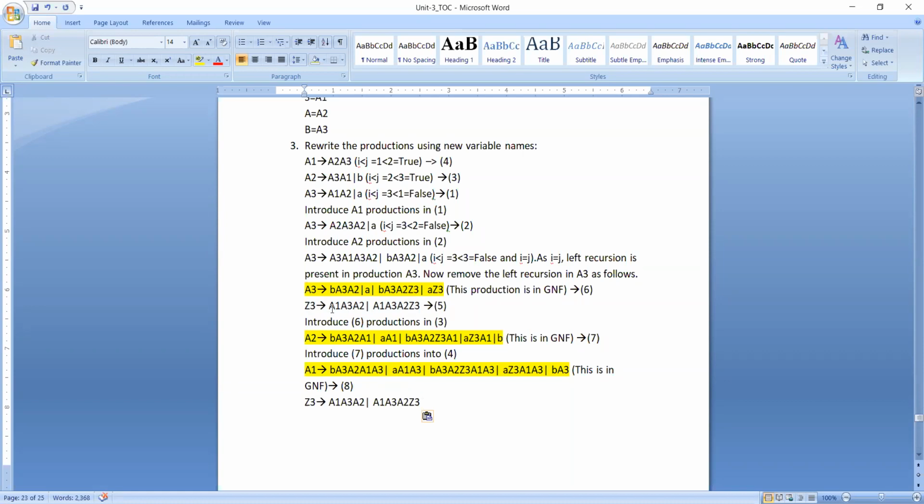Now, what is this Z3 saying? Z3 has the first variable capital A1, and here also we have a variable called capital A1. Already we have the A1 productions available in GNF. Once we introduce the productions of variable A1 into Z3, automatically the Z3 productions are also going to become GNF form.